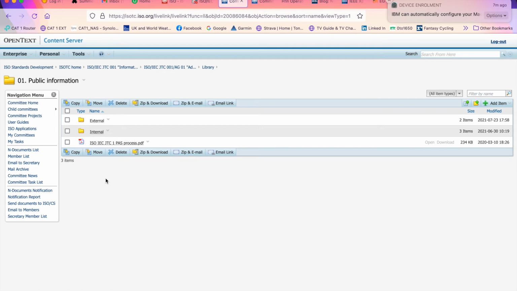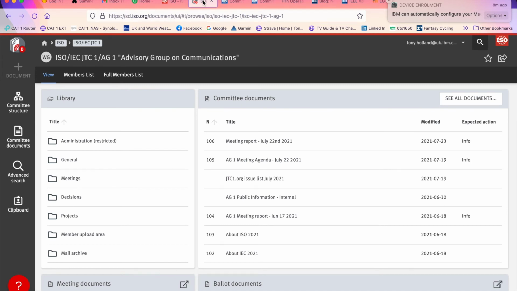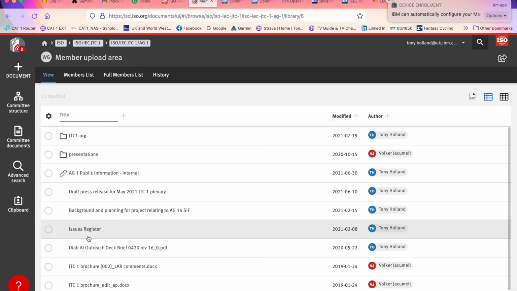Now we move over to ISO documents. And for me, I'm going to use the AG1 member upload area. Again, this is down to personal choice. So from here we're going to set up a direct link from ISO documents here to eCommittees using the URL we've just copied. So click on the plus sign,